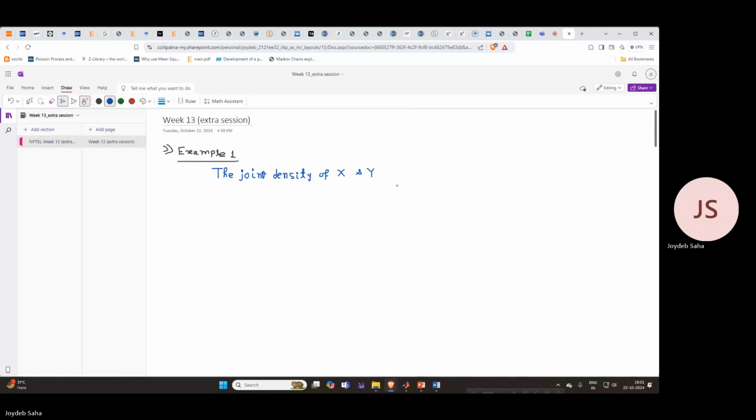Okay, so what is given? F of xy is x plus y whole square by 14